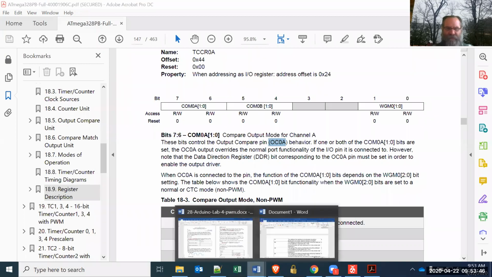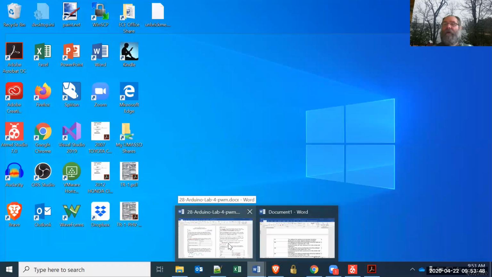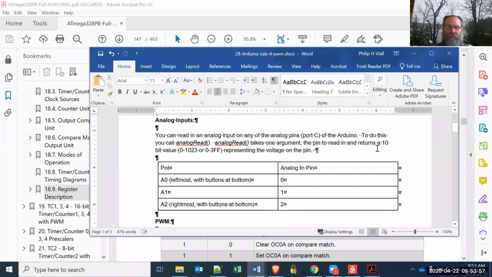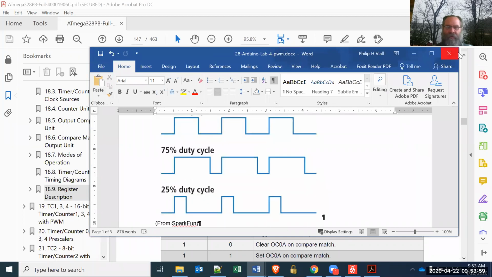We still have that. Did I close this or do I have it? I do have it up. I think this was talked about a little bit, just the pulse width modulation thing. Okay, this is from an old lab, but